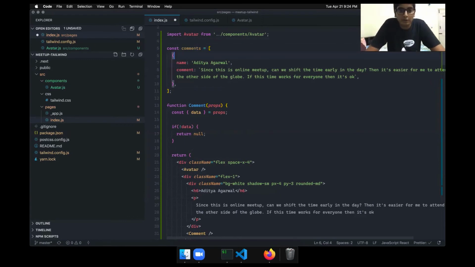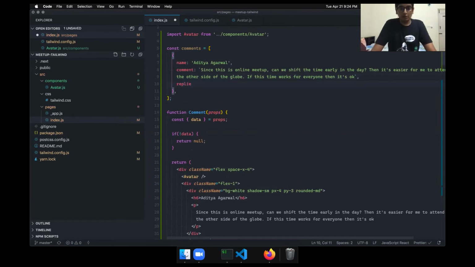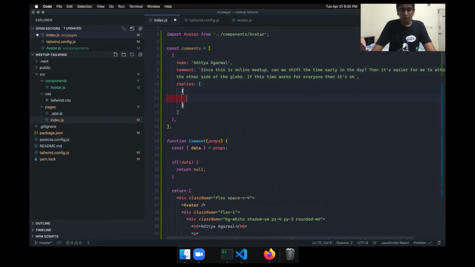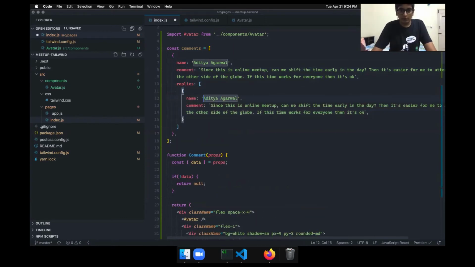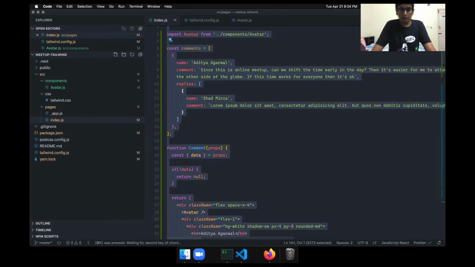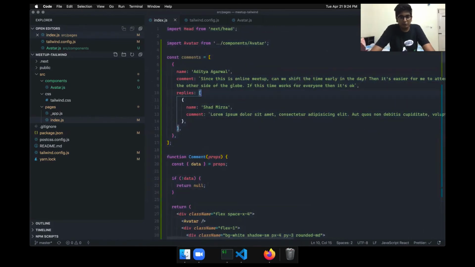Okay, and now we can say what are the replies to it. The replies will in turn be comments, so replies will be another object. So name could be Shad Mirza, and this could be the comment. Cool. So this is the replies.